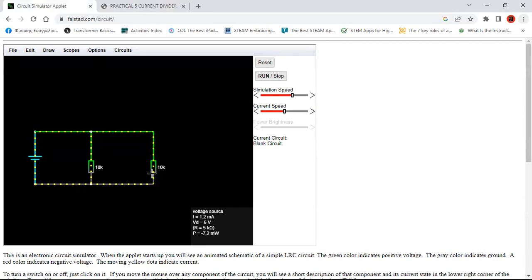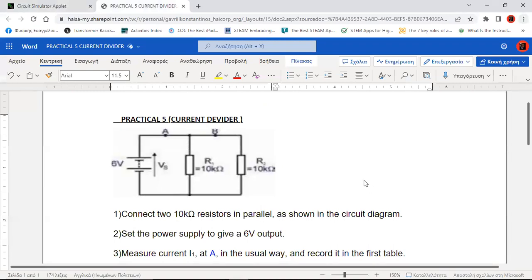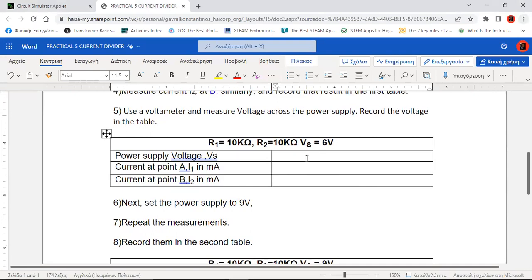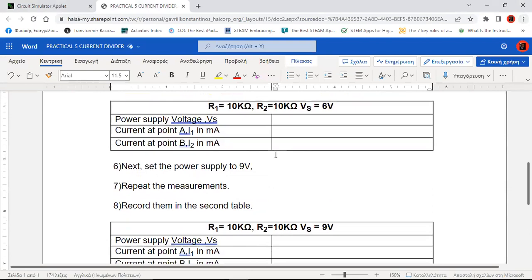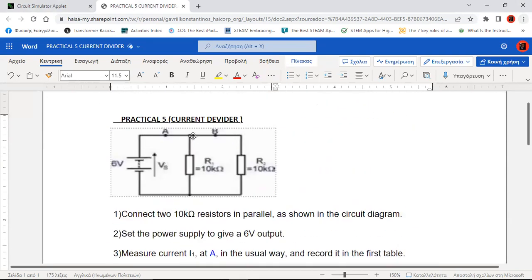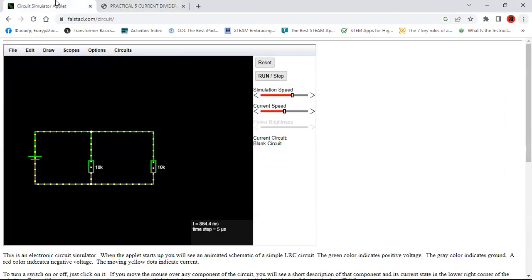And now, what do they ask from us? We are going to fill these tables. We have 6 volts, 10 kilo ohms each resistor. Here I'm going to enter 6 volts. Okay, I have a 6. Going to make it in the center. Okay, I have a current at point A and a current at point B. Okay, what happens here? I have an A and a B. Okay, I'm going to insert here